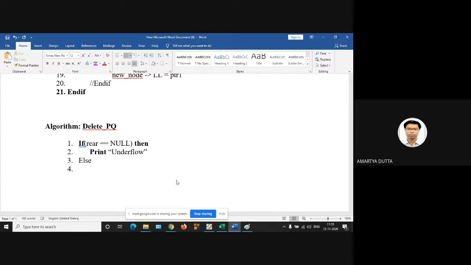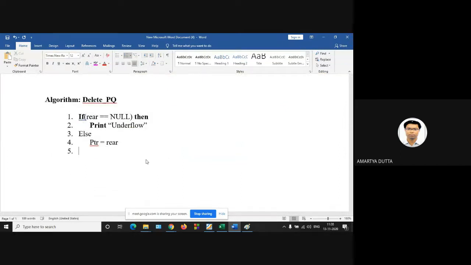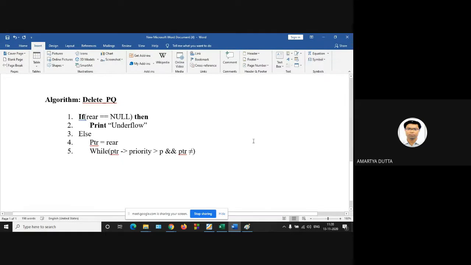Otherwise, PTR is equal to rear. Now, while your PTR, its priority is greater than P, and at the same time your PTR is not equal to your head, so do PTR is equal to PTR LL.